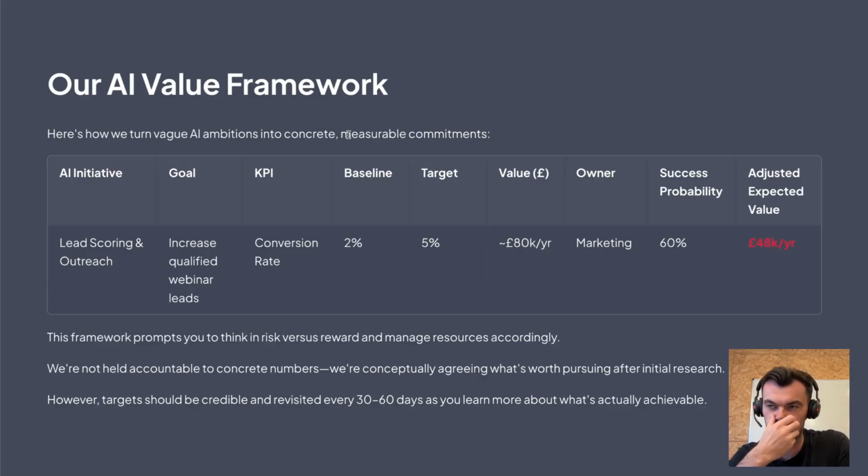So the larger goal might be, we need to get to 12 million revenue this year. How do we do that? What are the jobs to be done? We need to increase our amount of qualified webinar leads. I think that sub-goal feels a lot better when trying to align AI initiatives, because the overlapping of what needs to be done can be a bit more obvious.